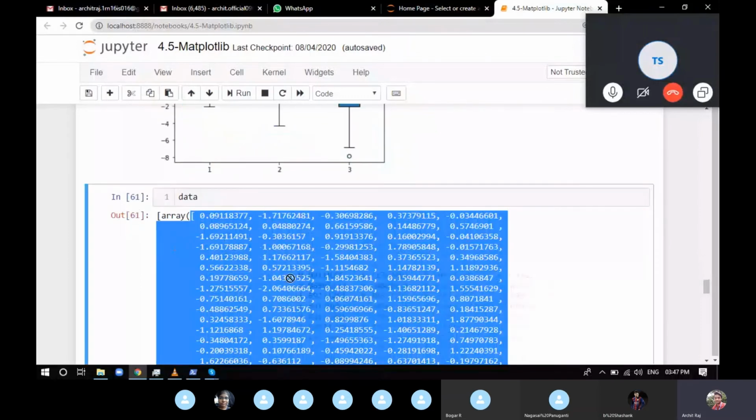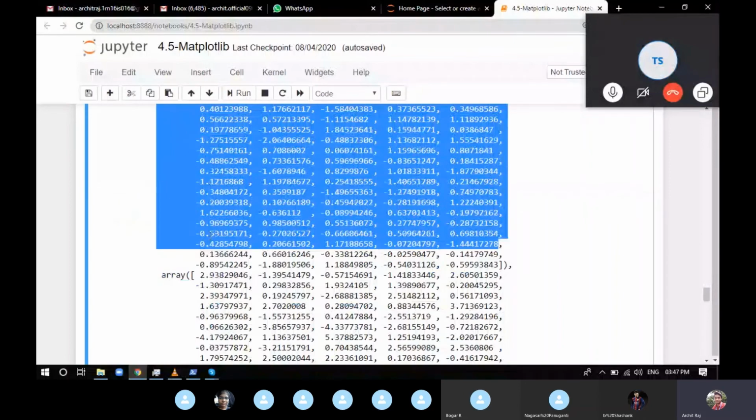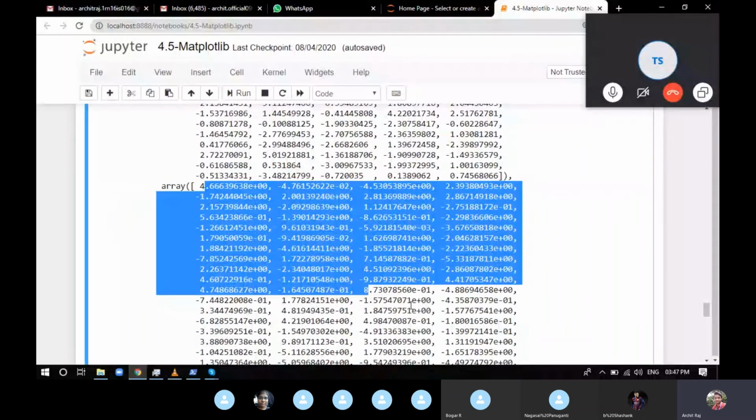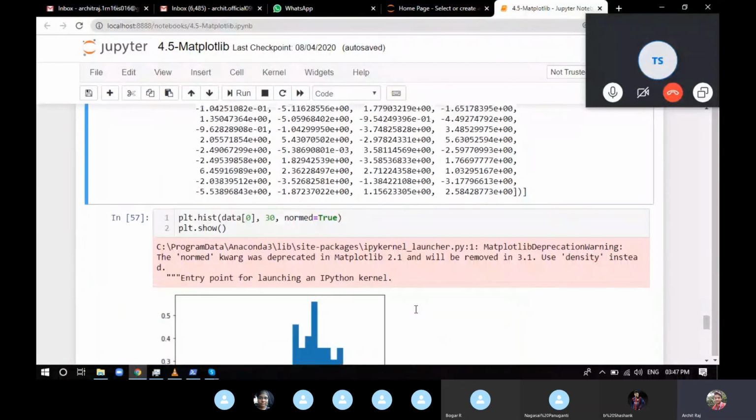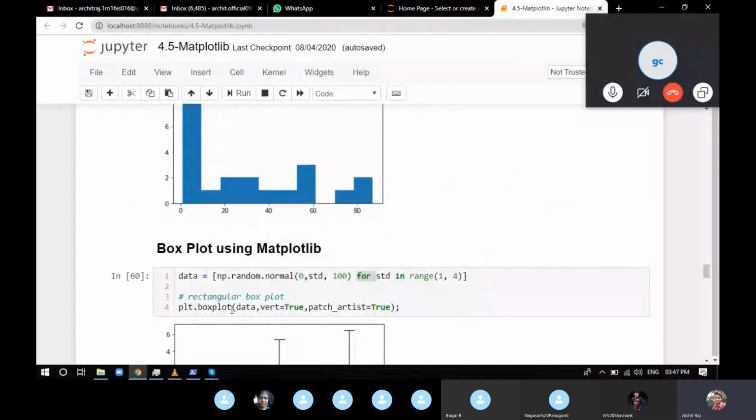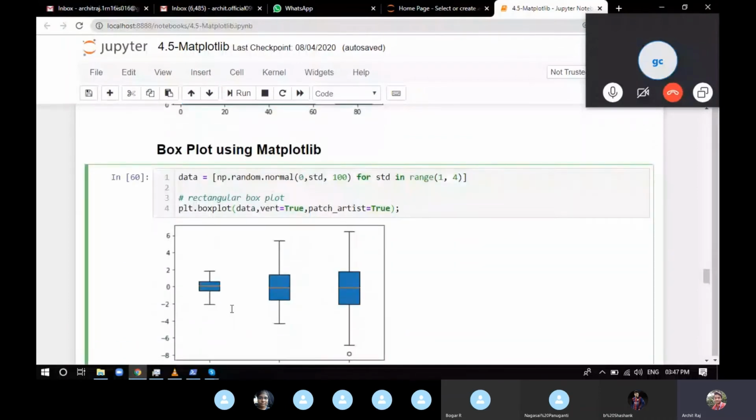Now what will the data provided by the box plot be? So box plot gives you 5 items, which you can guess to know with box plot. The minimum value, as you can see, the box plot has been visible. Now what exactly does this box plot tell you? The lowest line will give you the minimum value. The starting of the box will give you the 25th percentile. The center line will give you the 50th percentile. The ending of the box will give you the 75th percentile, and the end of the line will give you the maximum.